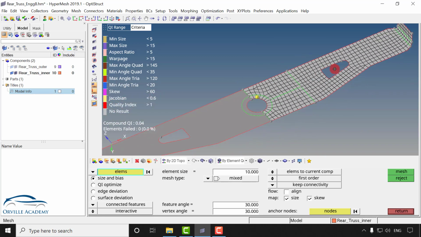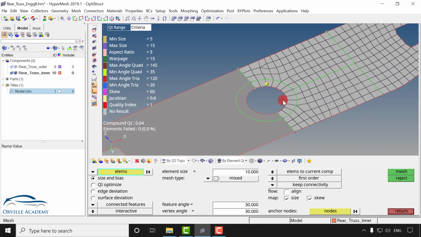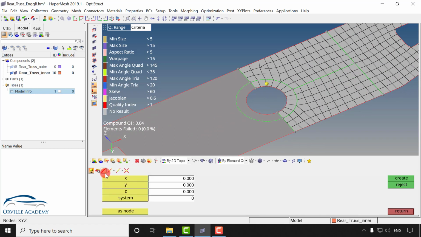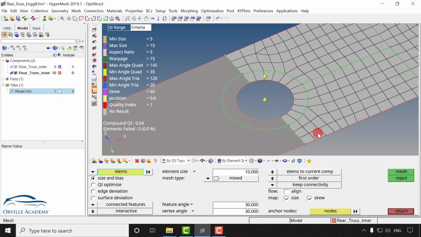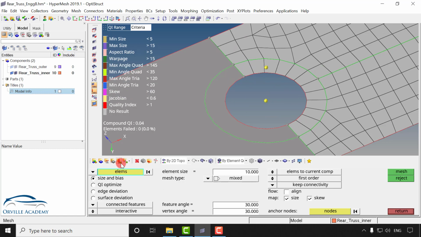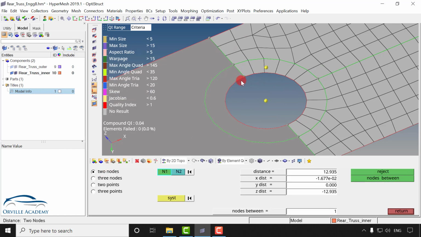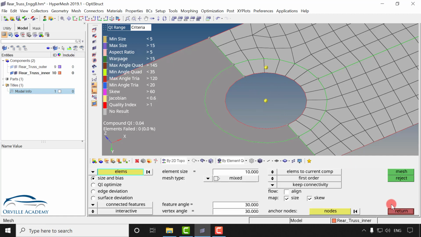Now we have to reflect these elements. So first I will create a center node. So I will go for F8. Let me go for arc, select this arc. Here I will go for lines, then I will select this line, this line also, and let's say create. So now exactly at the center a node has been created. Or one thing you could have done, you can go for F4, say two nodes, this node, and you could have put a node between. Since this is one and the same, the node gets placed exactly at the center.